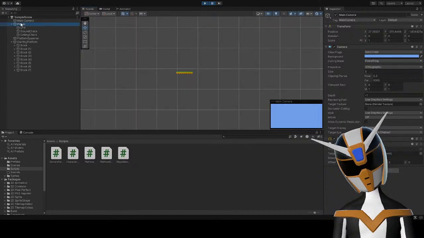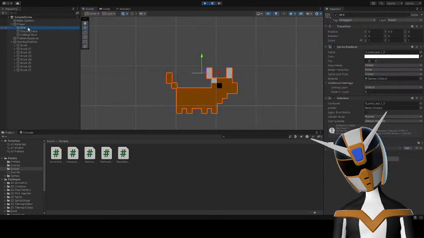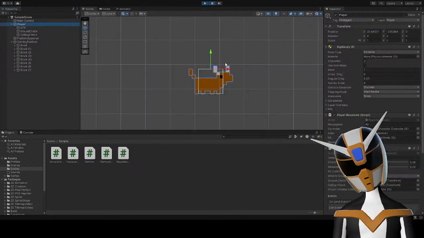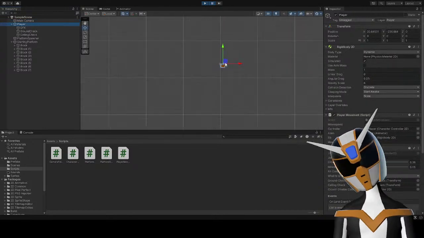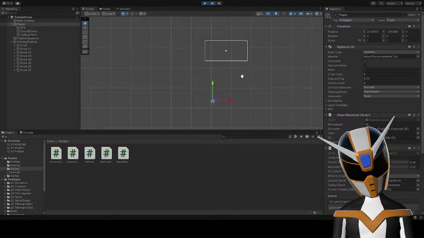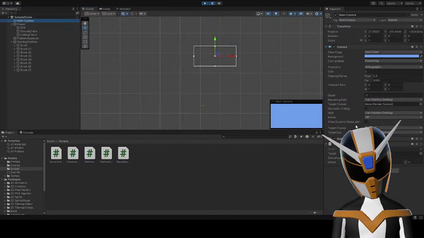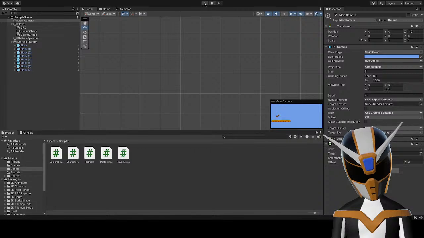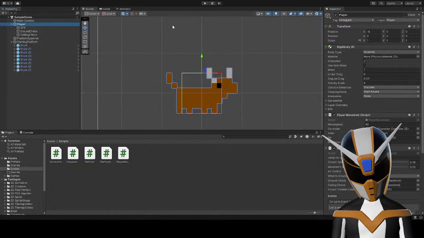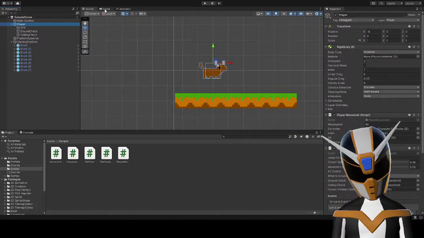Where is the player? Okay. Down here? Why is the player going down there? Okay, if I don't have this on, does the player still go down there? I don't know why that would make any kind of difference.